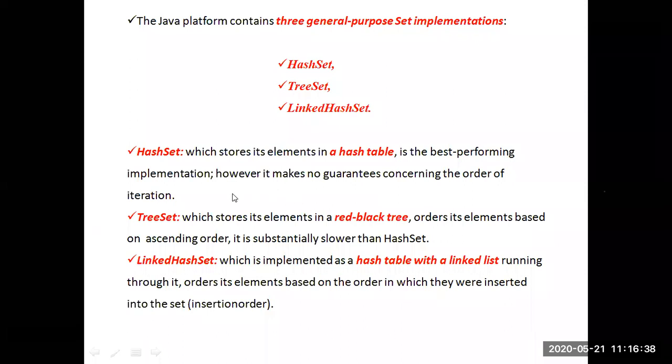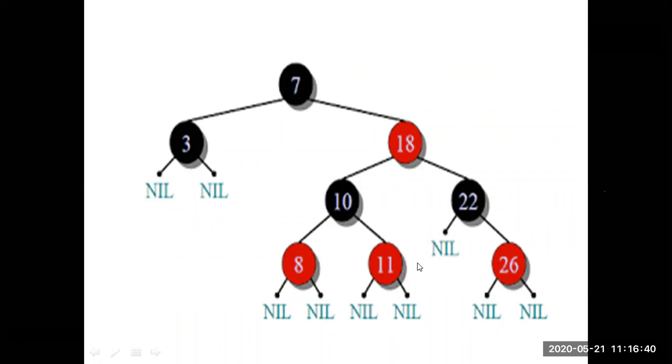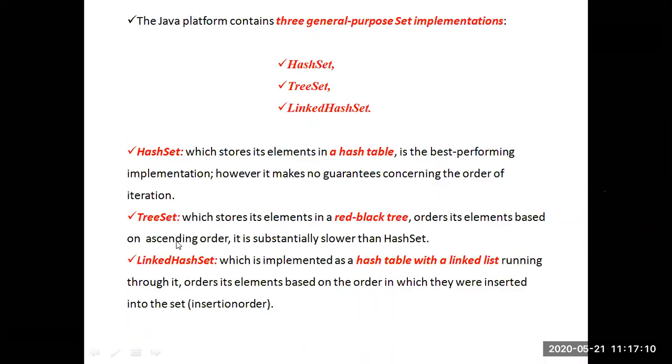Clear? If you see the red black tree, I have given a small example to recall what a red black tree looks like. I think you have already done many examples on this. Just briefly to recall, I have given you this diagram. No red node will have a red parent or red child. Every red node should not have another red node as a parent or child. The root node must always be a black node, like that. This is the red black tree.